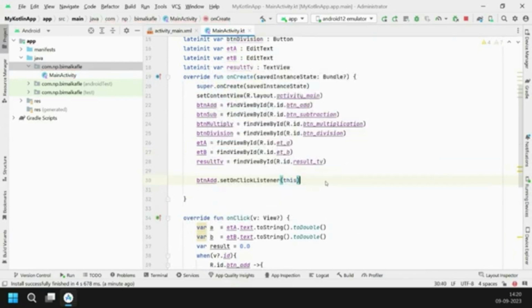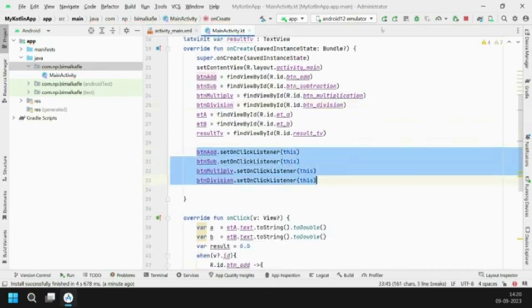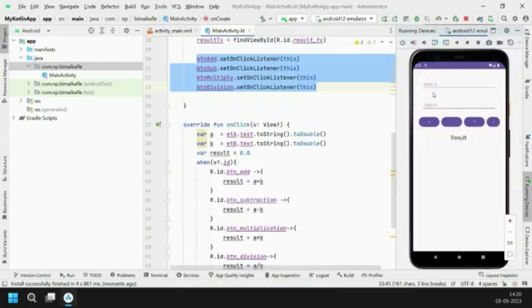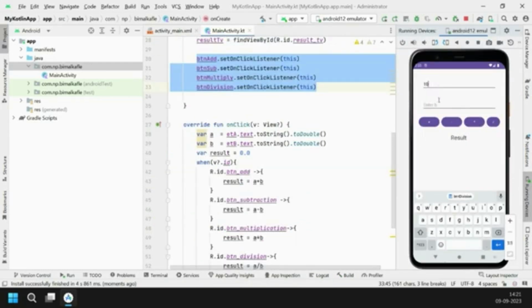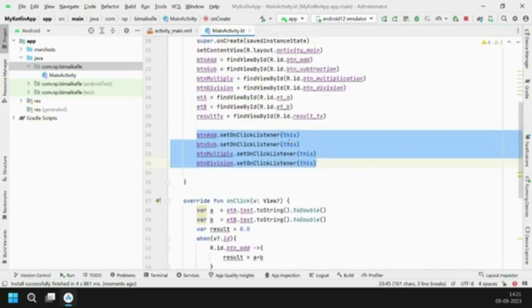So I go and make the necessary changes for that. The setOnClickListener is what I need to mention. So I am setting the onClickListener for each of the buttons that is mentioned. Once these are done, now my button will be hearing the clicking action and then doing it. Now let's run the application, and you can see now when I place the value, my addition is working, my subtraction is working, and everything else is working fine. So now my code is in place and working perfectly, done with the simple operations.